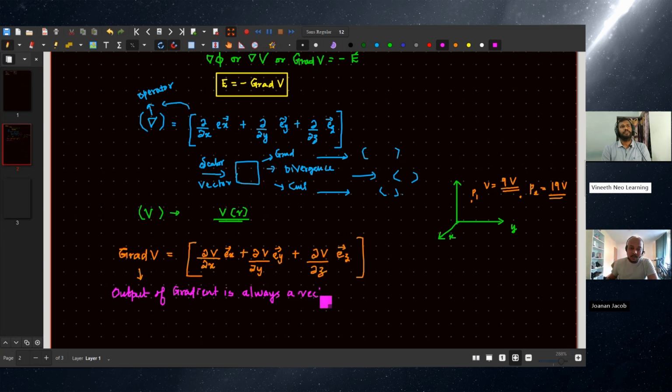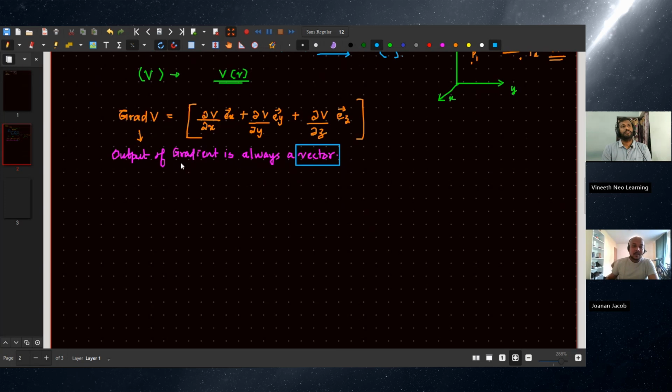Okay, that I think you understood, isn't it? Now, next thing is, what is the significance of this vector? Okay, so what is the significance of this particular vector? That's what we need to find. So we usually say that gradient of a scalar function is usually a vector